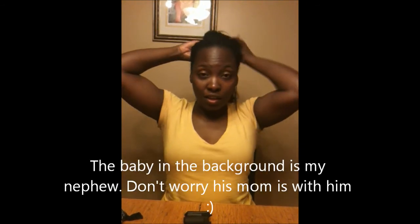Okay, so my hair has dried for about an hour now, and this is what it looks like. And it is damp, not all the way completely dry. It's just a little damp. So what I do is I take my scarf off, and as you can see, my edges are a little smoother than they were before. And I always start in the back, and I make about 5 or 6 braids. I don't comb it or anything like that. I just kind of finger comb it, and I separate my braid out in the back. So I do that, take my little scrunchie to hold my bun, and then